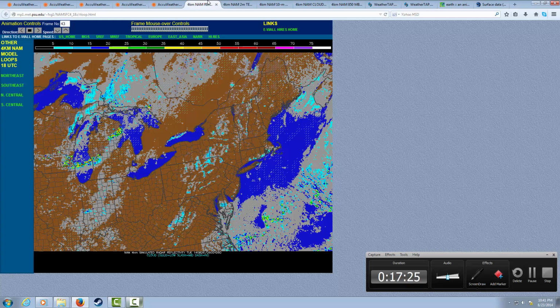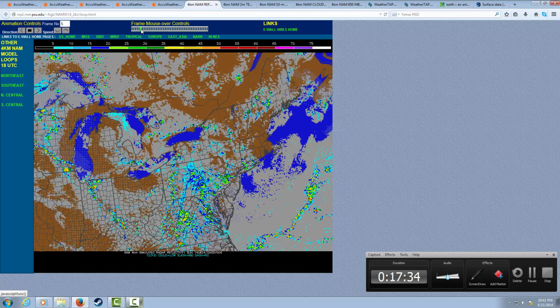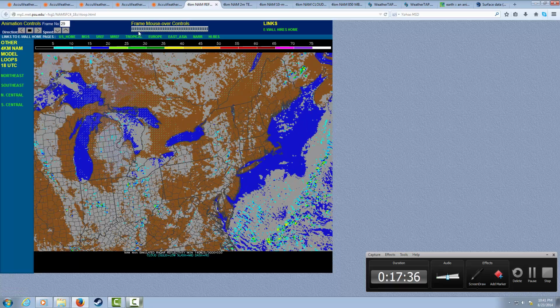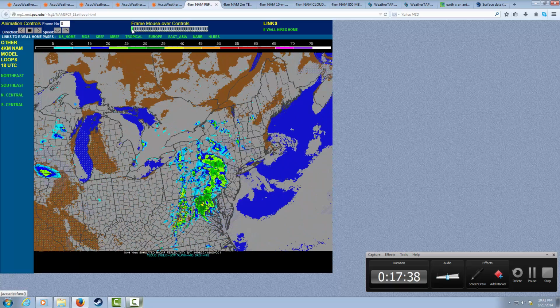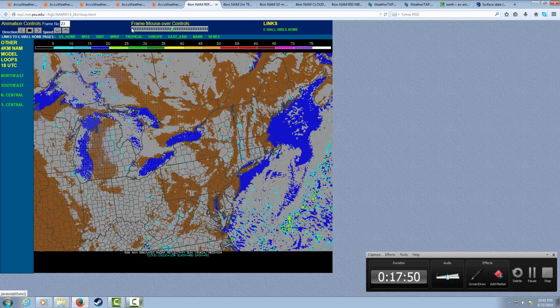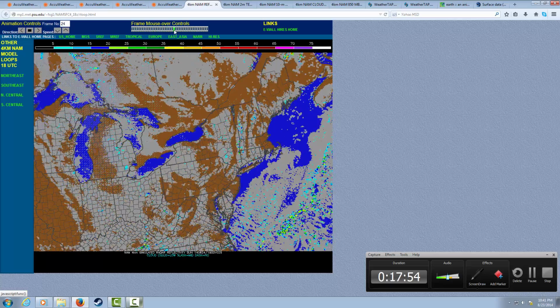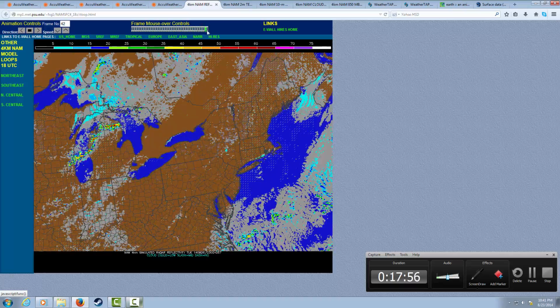This is the 18Z run of the 4-kilometer high-res NAM, and this is showing the radar reflectivity. It's initialized at 18Z today, and it finishes at 6Z on Tuesday. So pretty much from 2 p.m. this afternoon to 2 a.m. Monday night,